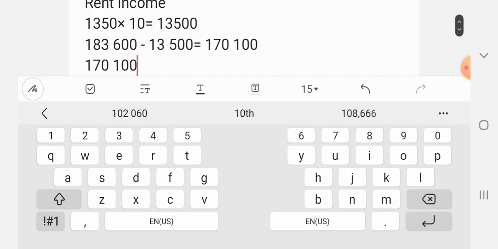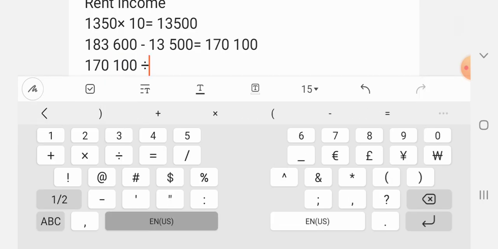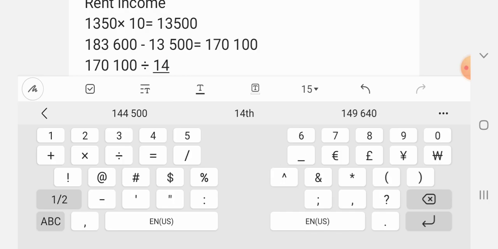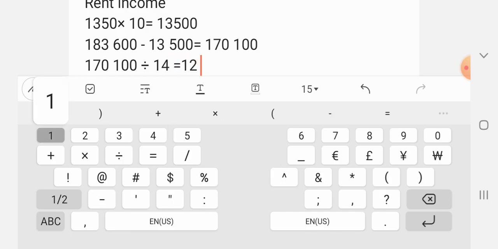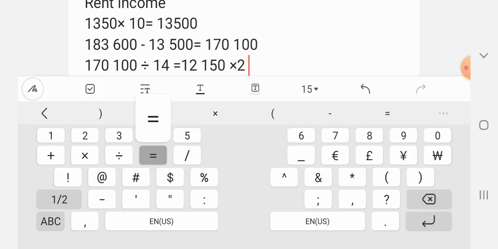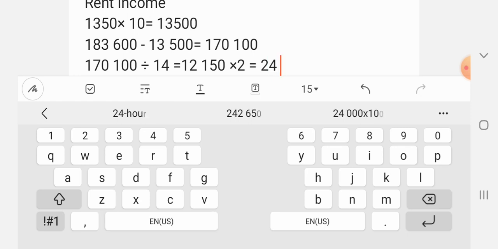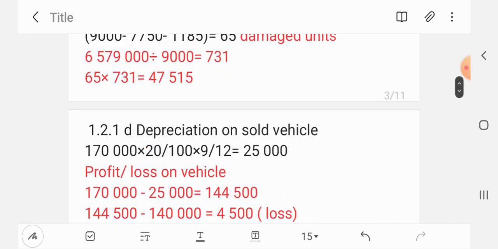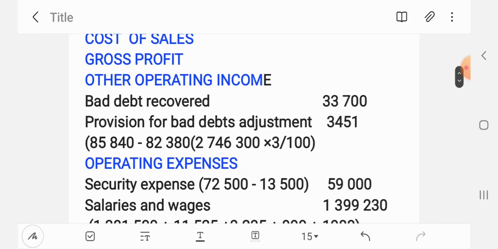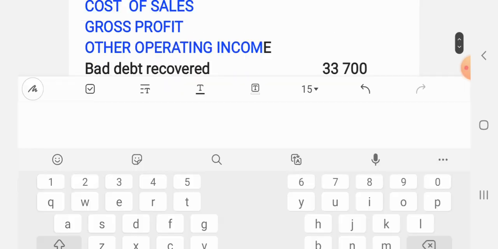170,100 will be divided by 14 months, and that will give us 12,150, which will be multiplied by the 2 months paid in advance, that is 24,300 rand. So this is how much we'll subtract. We'll go to other operating income, and then here just write